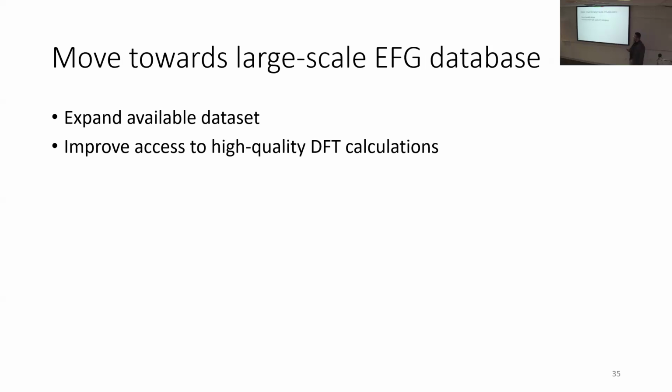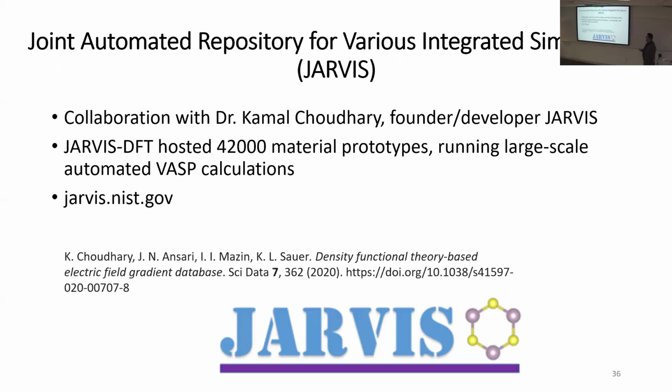So now I want to move on to the next topic, which was developing the world's first and largest electric field gradient database. The reason we wanted to do this is because performing these calculations is very lengthy, and we wanted to see how we can automate them and give them to the general public, particularly the scientists who are trying to find these frequencies. How can we give them access to high quality density functional theory calculations? And so that comes in the Joint Automated Repository for Various Integrated Simulations, which is the JARVIS database hosted at